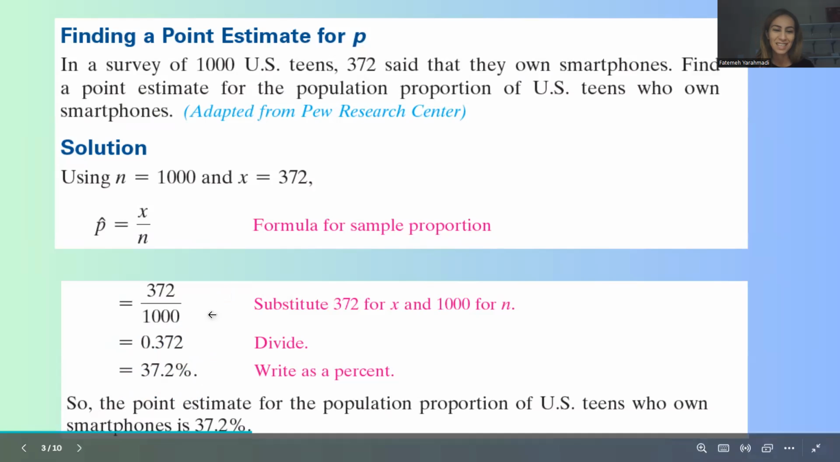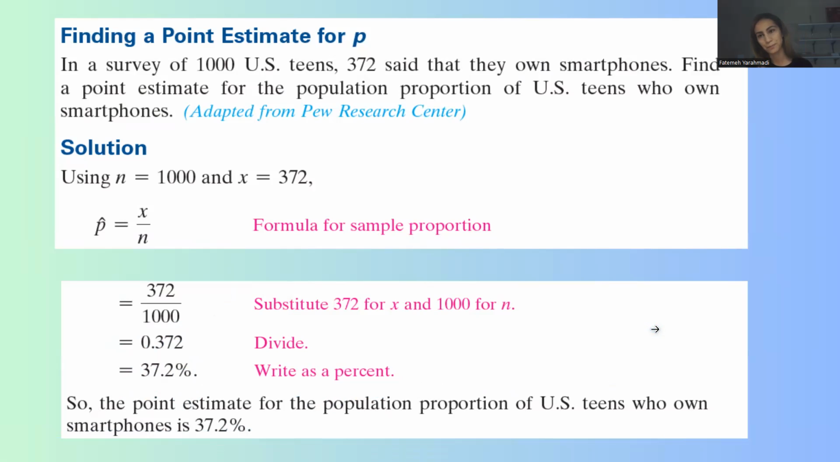What's the meaning of that? The point estimate for population proportion of US teens who own smartphones is 37.2%. But the question is, is this single value representative of the whole population? As a statistician, we say that depends on the sample, how many samples we have. If I take the sample and calculate this proportion, am I going to get exactly 37.2%? If you as a statistician take a different sample, do you get the exact same percentage or are they different